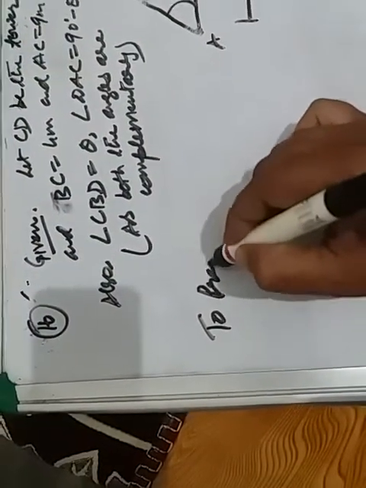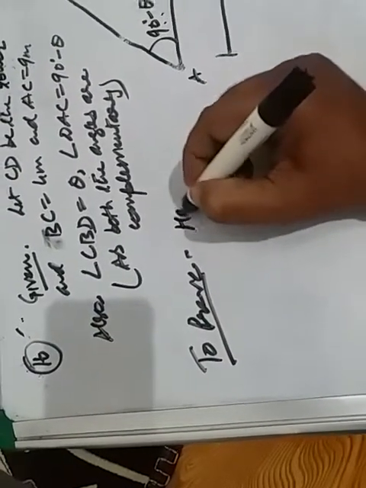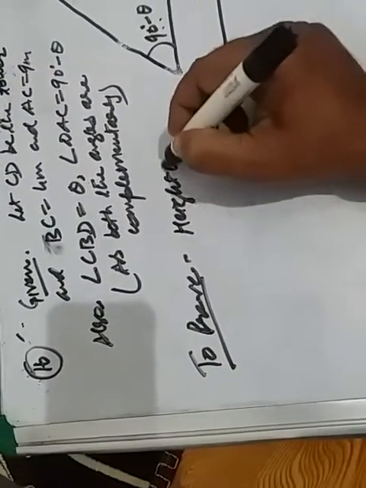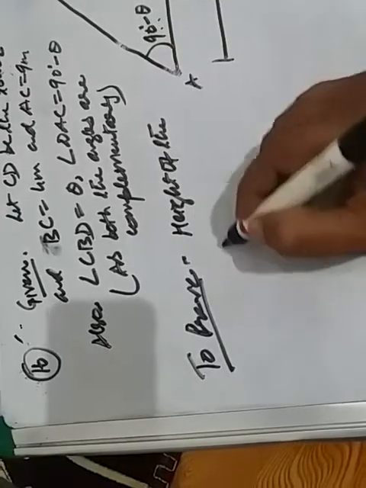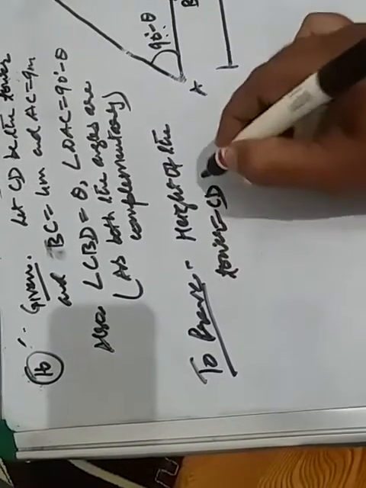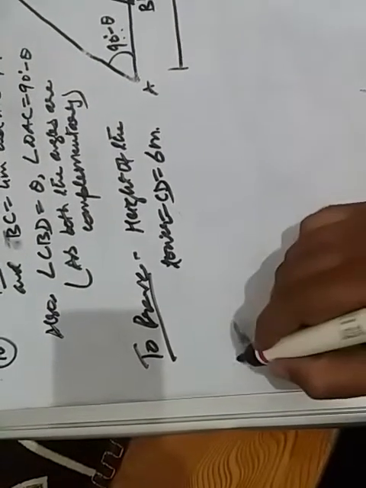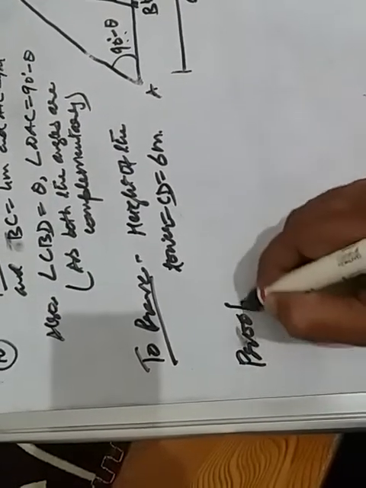So what do we have to prove? We have to prove that CD, the height of the tower, equal to 6 meter. Okay, children? Let us move now to the proof. Since we have to prove, it is just like a theorem. So proof in triangle